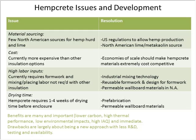So what we've been finding is between 1 to 4 weeks of drying time before closing in the walls, and that if our mix was done right, that variability is really based on weather. So if we're doing it in the shoulder seasons where it might be both cold and damp, we'll see the longer drying times. If it's happening on nice dry summer days, the drying happens quickly. So really, that's a matter of trying it out in your climate and seeing how long it takes. But if you are interested in hempcrete construction, keep that in mind, and knowing what that length of time is going to be,